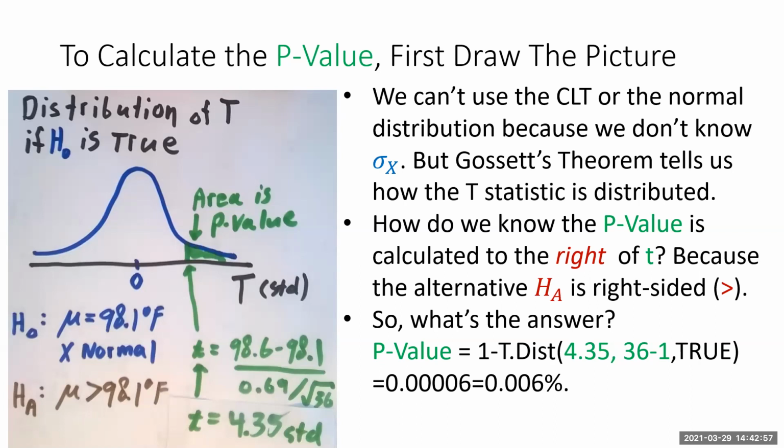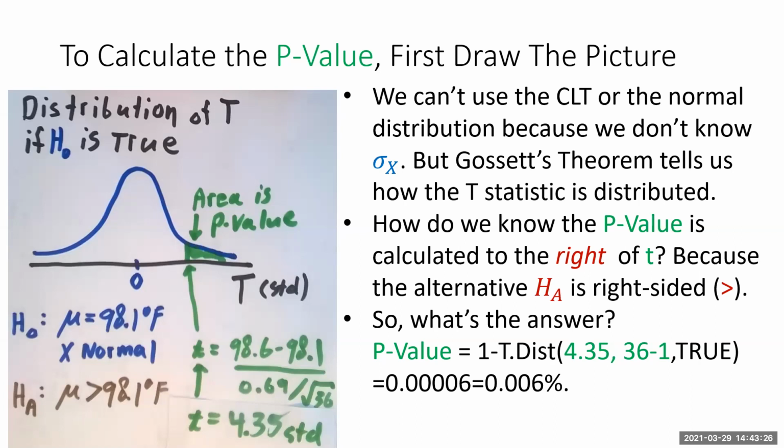And we still need to have either x is normal or the sample size is at least in the low 30s, and it is. We have a sample of size 36. So those two things together, simple random sample and a big enough sample, and x is normal besides,